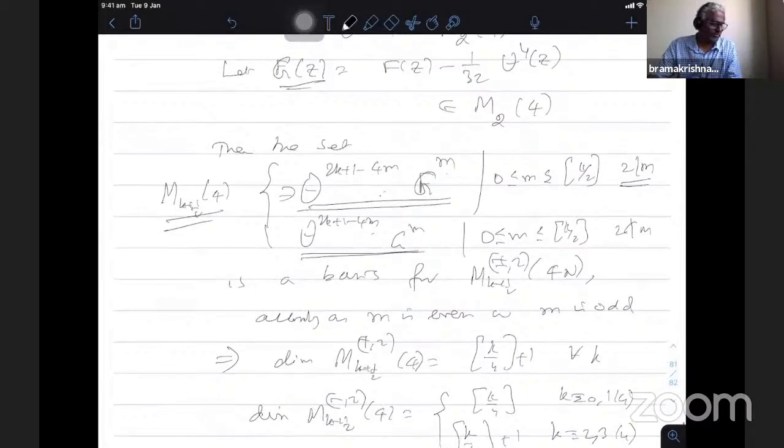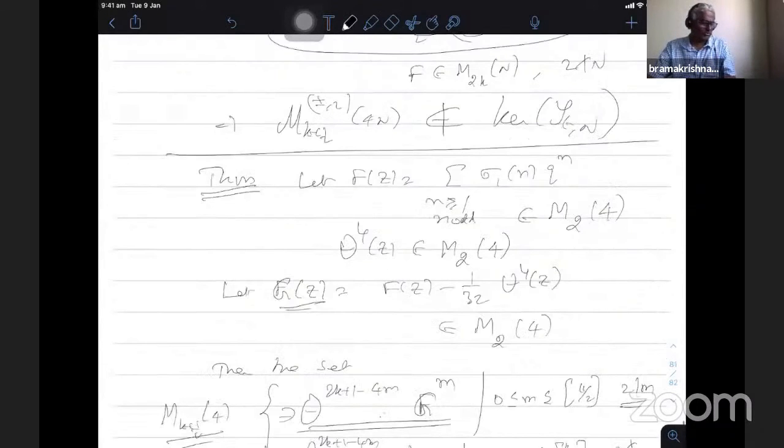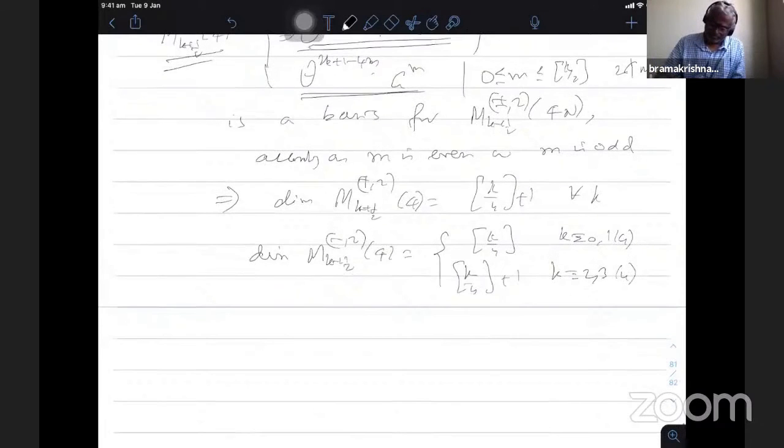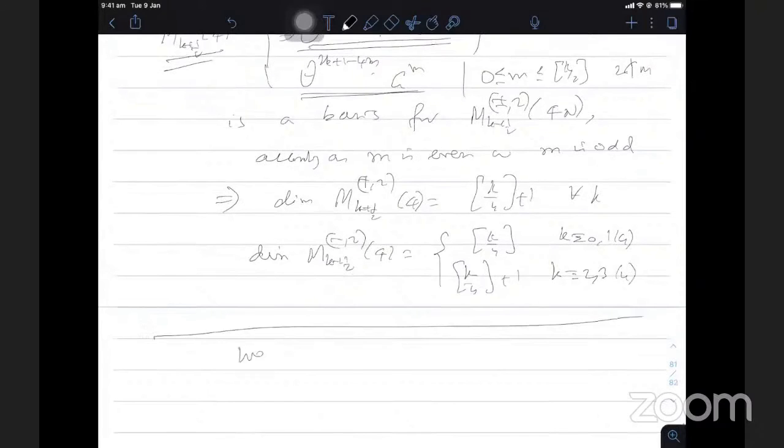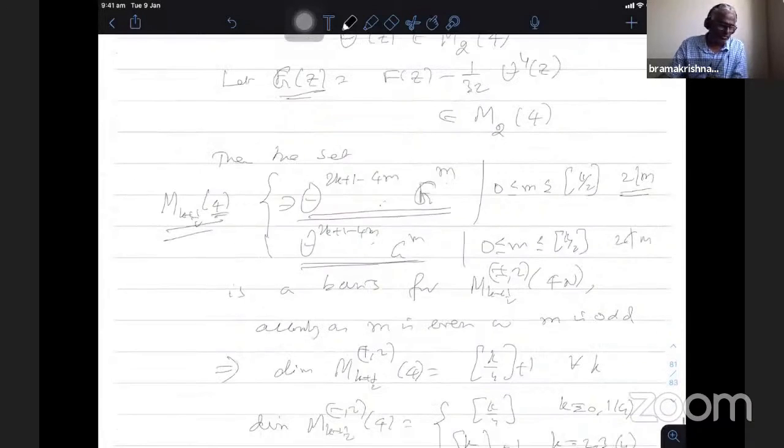Using the dimension formula of the plus and minus 2 spaces, I have to consider them as a whole, I think. So one can see that the space we have seen has a basis of M_{k+1/2}^{+,-}(2, 4), level 4, not for general levels. Just for level 4, I can get it. In the simplest case we get the generators because we know certain information. Otherwise, for higher levels, we do not know.